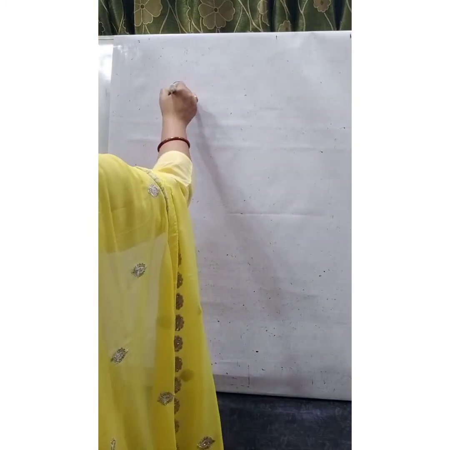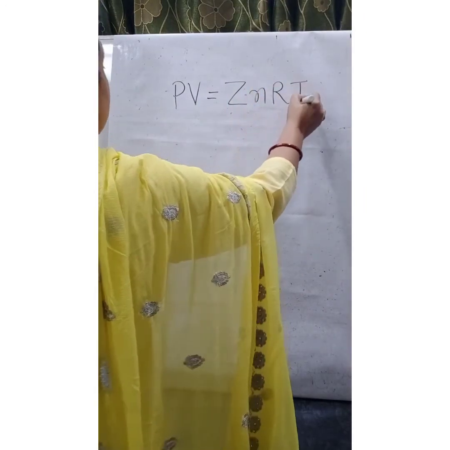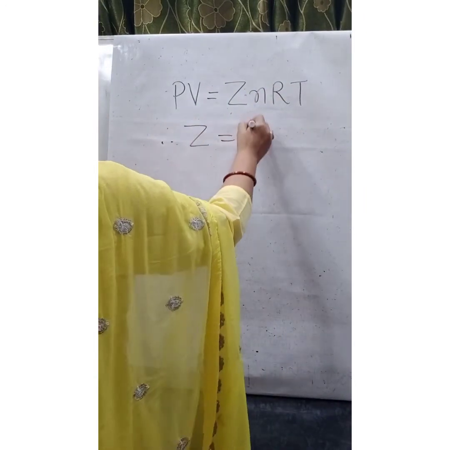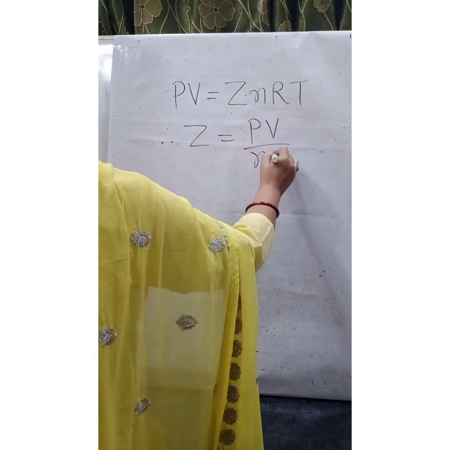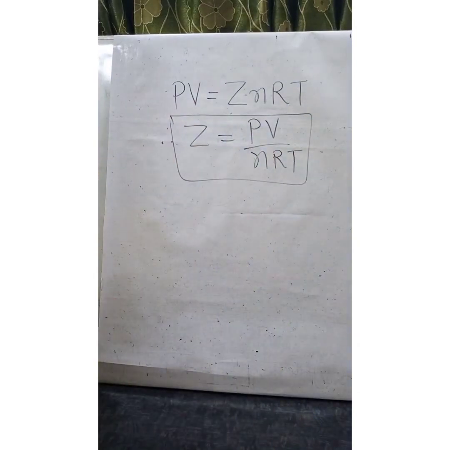Now, the compressibility factor Z was introduced to explain this deviation of real gases from the ideal behavior, because it was noticed that even under the same conditions of temperature and pressure, some gases could be liquefied very easily. However, some gases could not be liquefied even after raising the temperature and pressure. So, the compressibility factor Z was defined and it was given by the equation PV = ZnRT. Therefore, Z = PV/nRT, where Z is known as the compressibility factor.